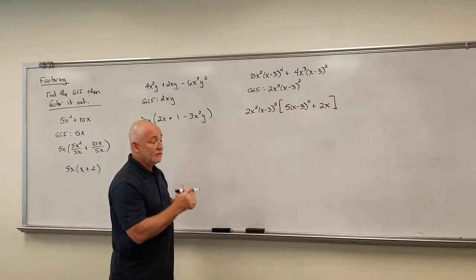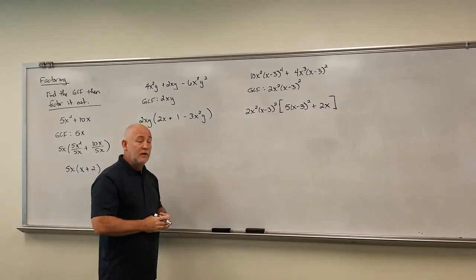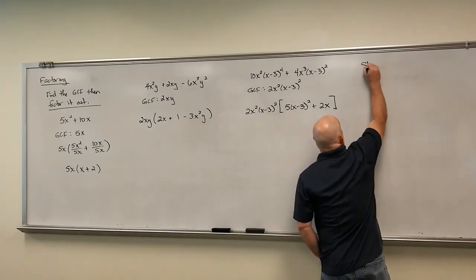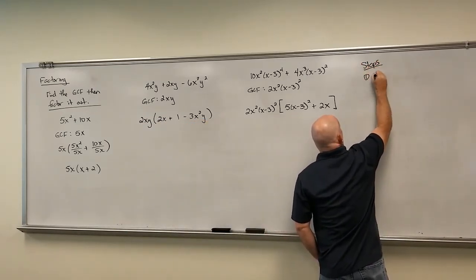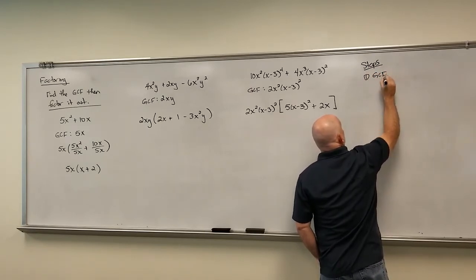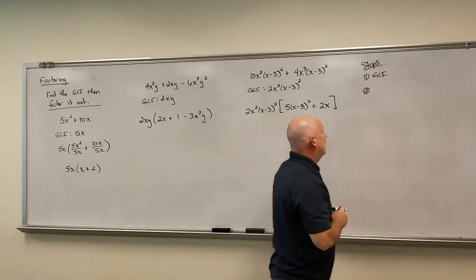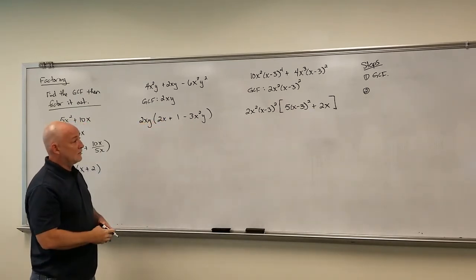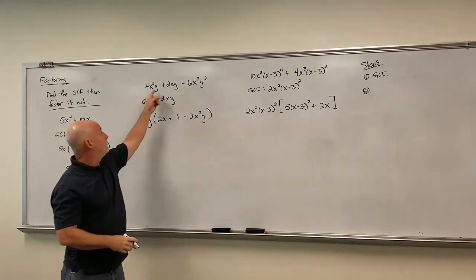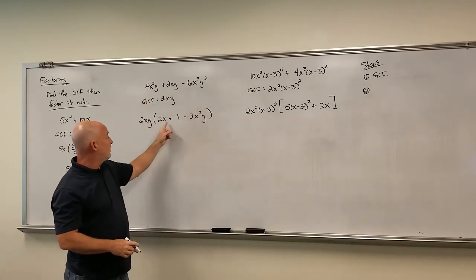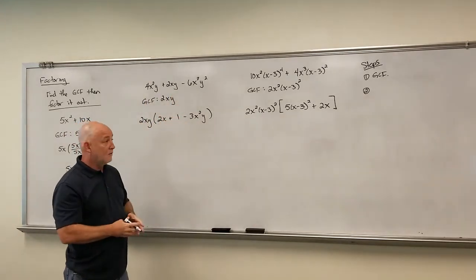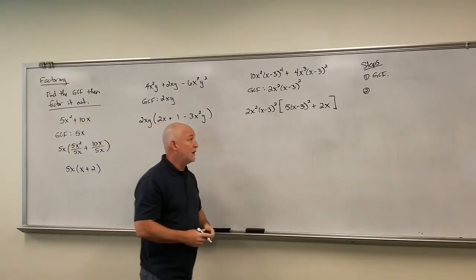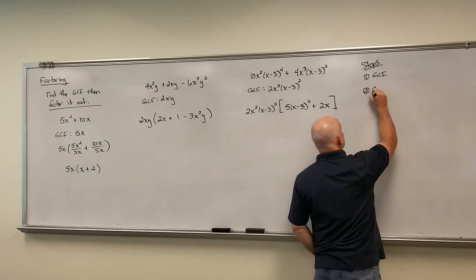Now, it's going to be kind of a flow chart, kind of a step-by-step thing we're always going to want to try, and I'm going to get it started over here. Step 1, we're always going to look for a greatest common factor. Now, step 2, we have a lot of choices in it, because after we get past taking out the greatest common factor, the number of terms that we end up with after we take out the greatest common factor tells us how we're going to have to approach the factoring. So step 2, we're going to say,